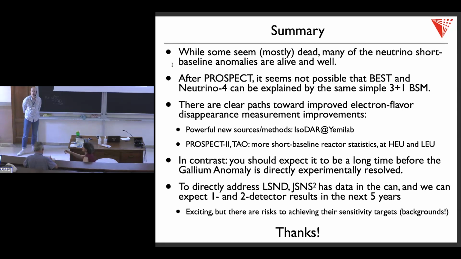Yeah, I also have a question again on JSNS squared, following the question asked by Carlos. If I understand correctly, JSNS squared is trying to better characterize these accidental events that could mimic inverse beta decay. But I'm a theorist, so naively I would have thought that this is already well understood, no? Because inverse beta decay has been the basis of all these reactor neutrino experiments that have been done since 1956 or something like that.